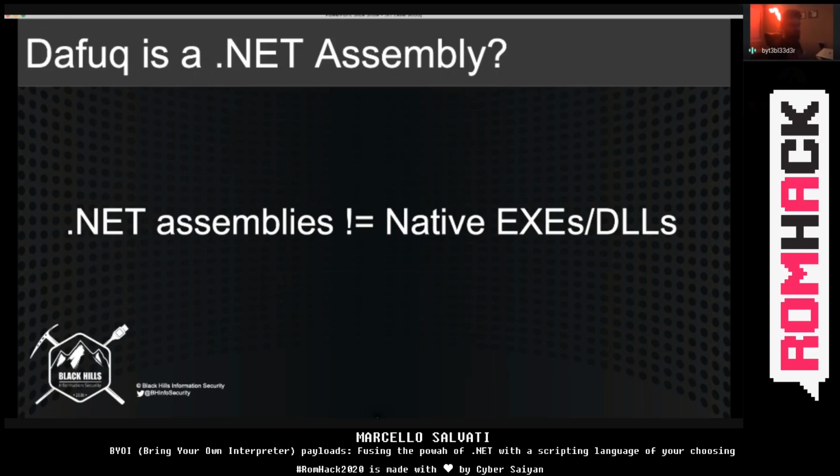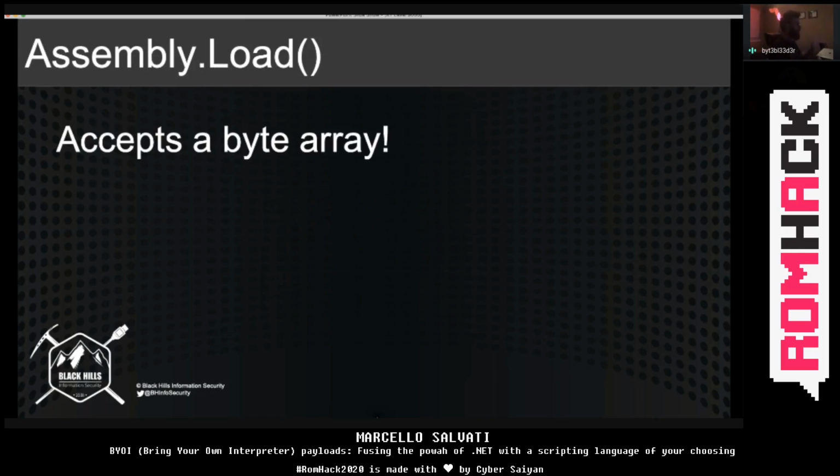So C++, for example. C++ is not a .NET language. If you compile C++, it will not generate a .NET assembly. It'll generate a native executable. And if you analyze the format, it'll be completely different. I'm not going to be talking about the differences between the formats, because that could be a whole different talk of its own. Moving on, there's also a very, very important part of the .NET framework, which is